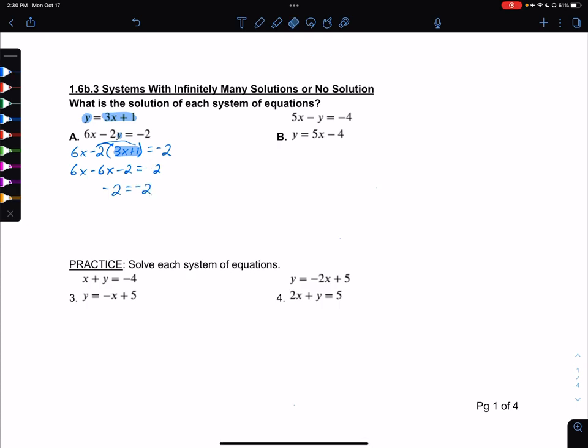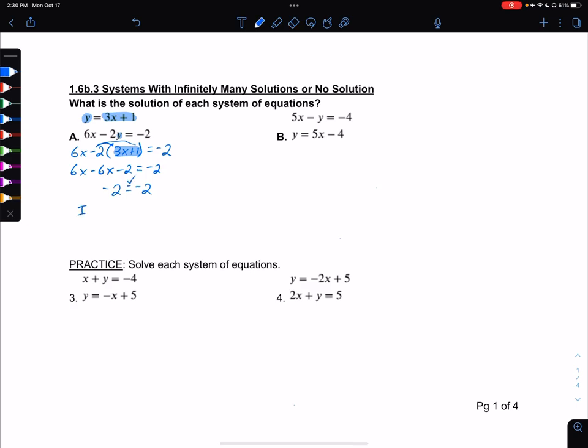Well, that's a true statement, right? Everyone would agree that negative 2 is equal to negative 2. And no matter what, that is always going to be true. What this means is that effectively these are the same line. If you were to plot these, they would overlap. But since this is a true statement, negative 2 does equal negative 2,